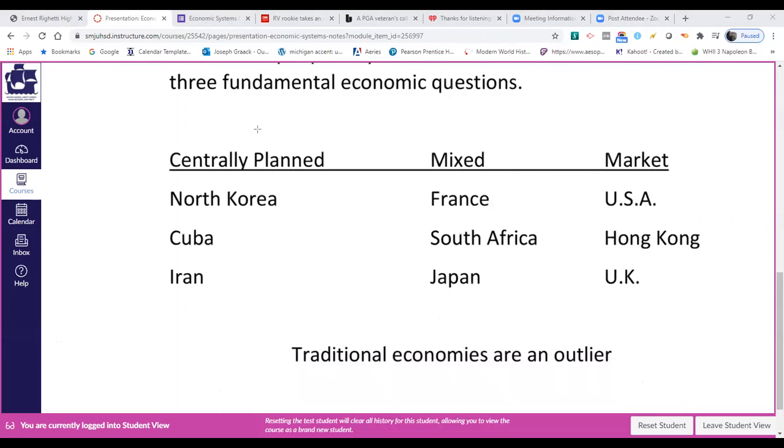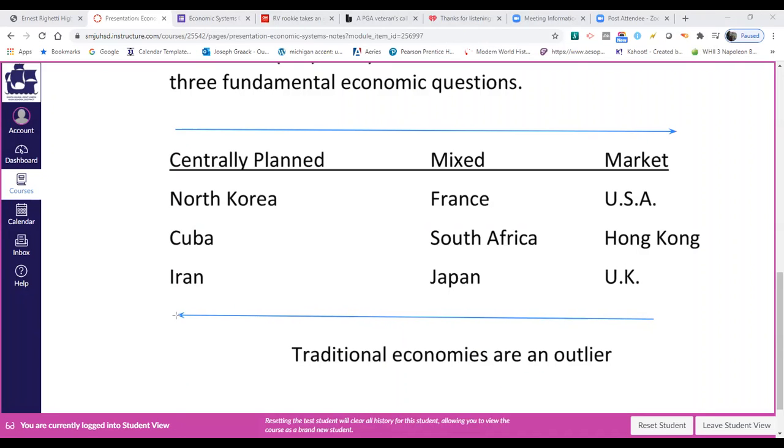We had a continuum basically, right? If we go from centrally planned to market, or if we go from market to centrally planned, we have different levels or variances of independent individual freedom or government planning and control. So if we were to go from, say, North Korea to the mixed economy in France,